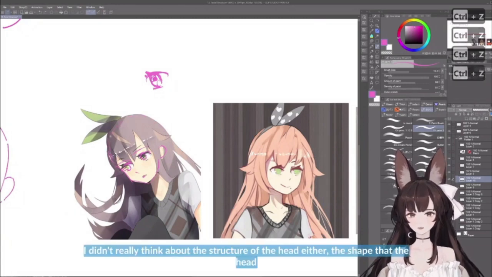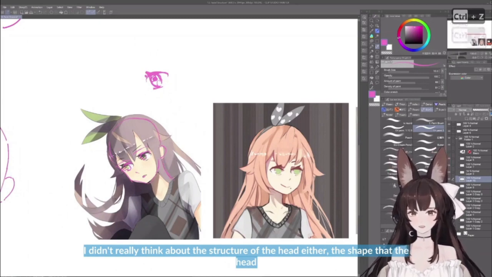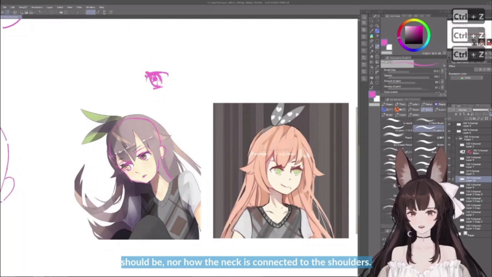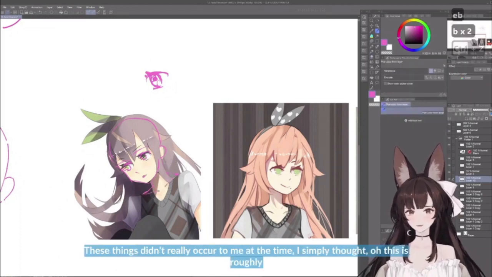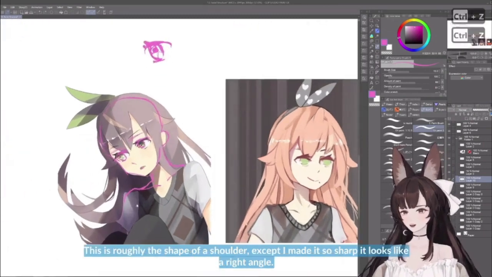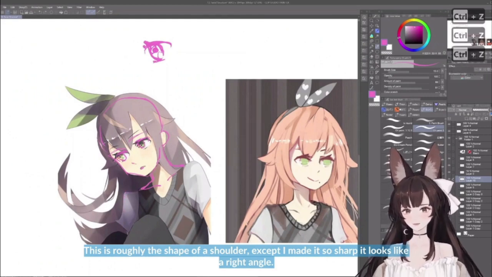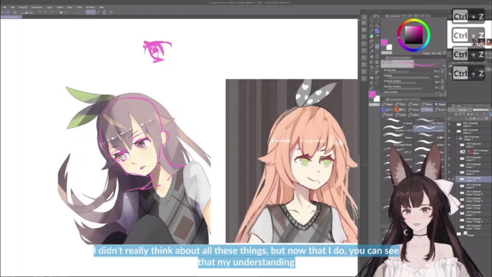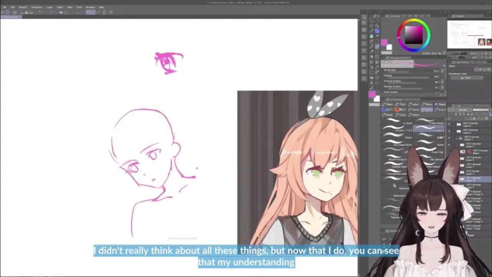I didn't really think about the structure of the head either, the shape that the head should be, nor how the neck is connected to the shoulders. These things didn't really occur to me at the time. I simply thought, oh, this is roughly how people draw an anime head. This is roughly the shape of a shoulder, except I made it so sharp it looks like a right angle. I didn't really think about all these things, but now that I do, you can see that my understanding of